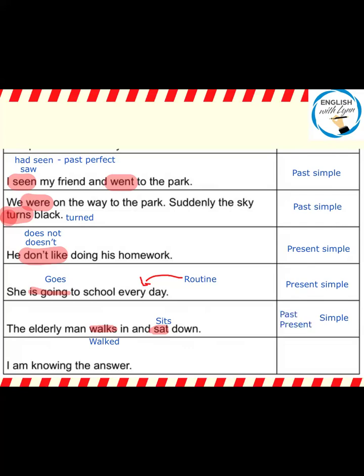And the next one, the bottom one, is mainly what I hear from my overseas students that aren't in England. I hear them a lot saying, "I am knowing the answer." No, you're not knowing the answer, because you don't need it in the progressive form. What you need to say is, "I know the answer." Okay, so